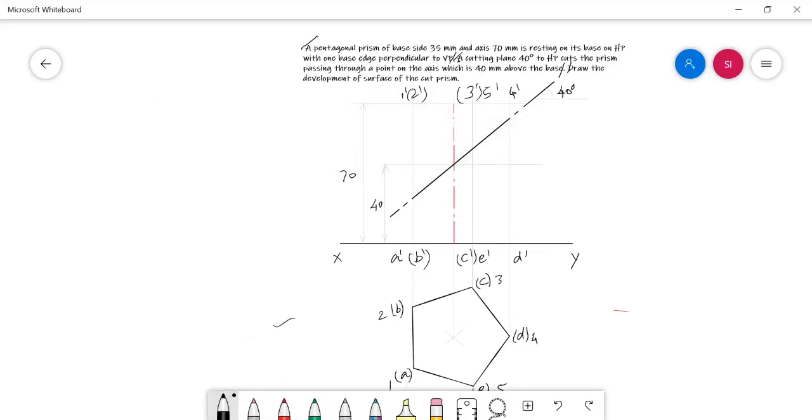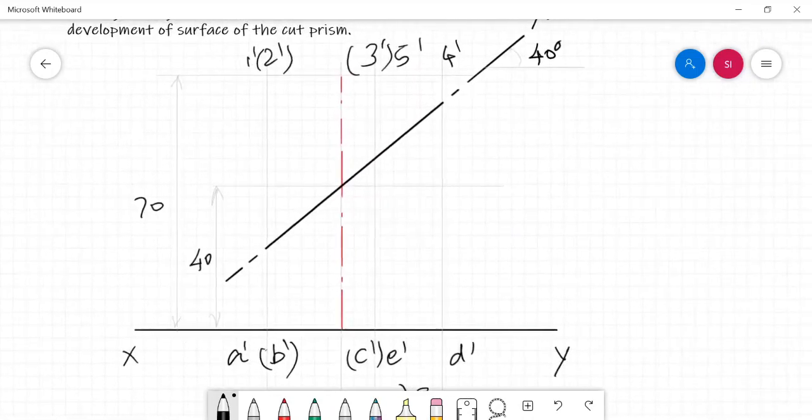Now we need to identify the cut points. Starting from the left extreme of the cutting plane, start to travel along the cutting plane. Here, if an intersection is there, edges 1 dash A dash and 2 dash B dash are passing over this point, and the cutting plane will provide you two cut points. They may be P dash and Q dash. Put a bracket for any one among the two, and then continue to travel along the cutting plane.